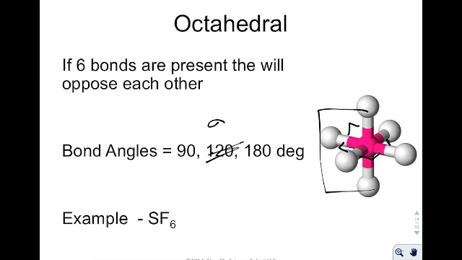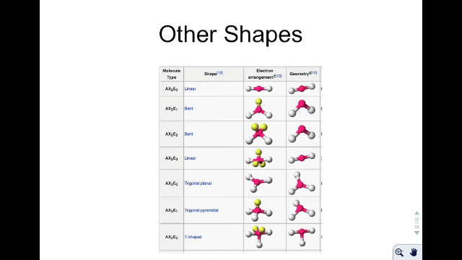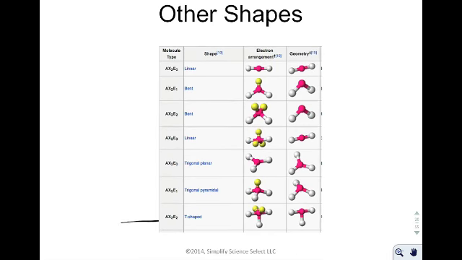Once again, this would be an exception to the octet rule because if you were to look at sulfur, it would appear like sulfur has 12 electrons surrounding the central atom. So this would once again be an exception to the octet rule. There are multiple other shapes. You tend to get things like T shapes, and there's axe shapes, and there's all kinds of shapes that you can see depending on the distribution of lone pairs